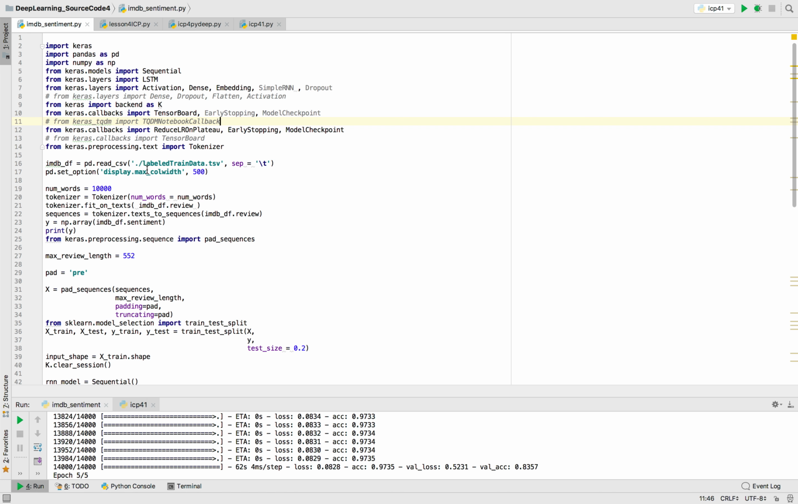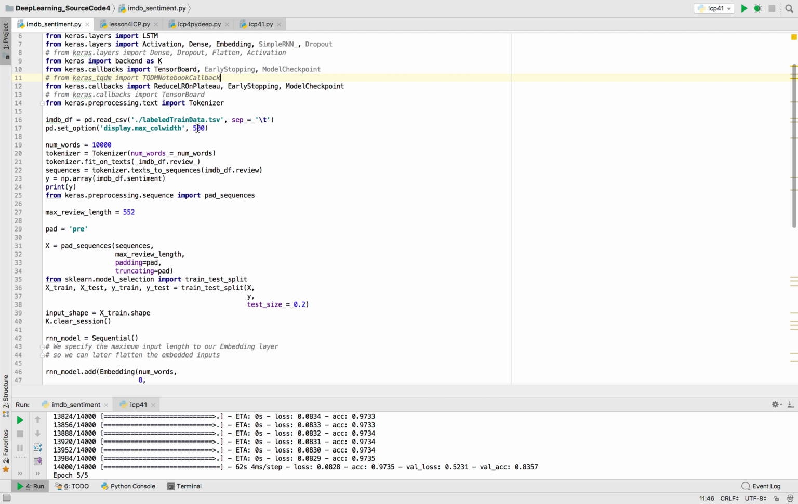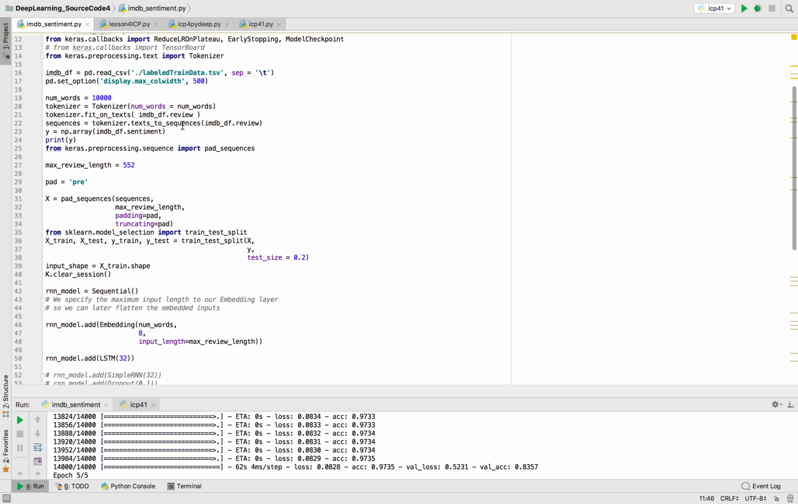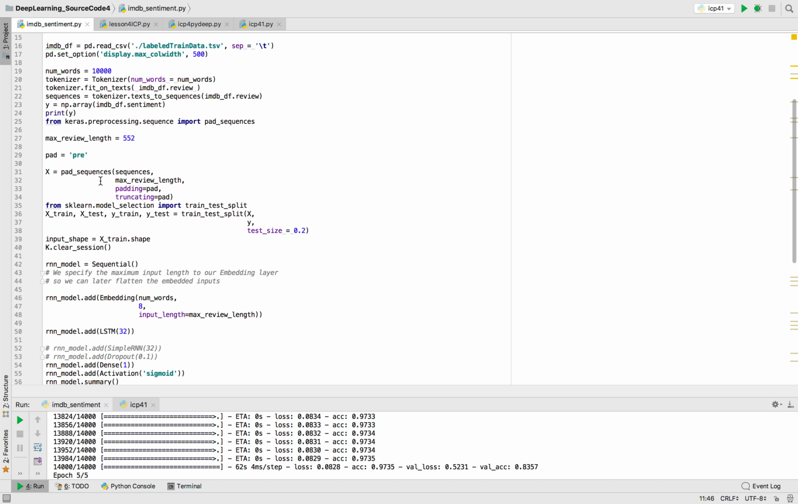Recipe. This is team id 8 and this is my program. Here first I am importing all the libraries which are needed, and here we are loading the label train dataset, and then here we are tokenizing the data and making the sequences, and here we are padding the sequences into the same length, and here pre means we are doing the padding before each sequence,